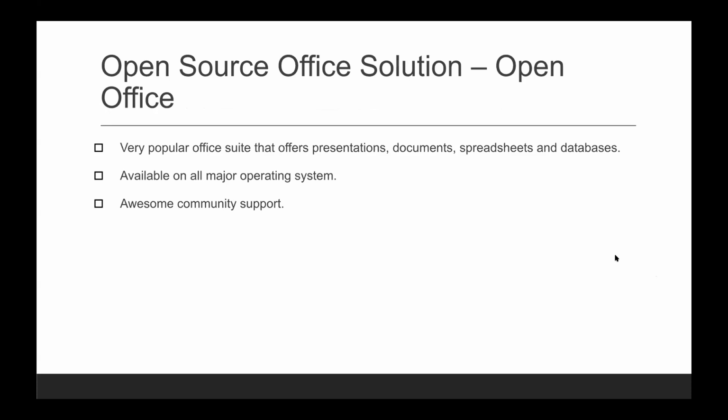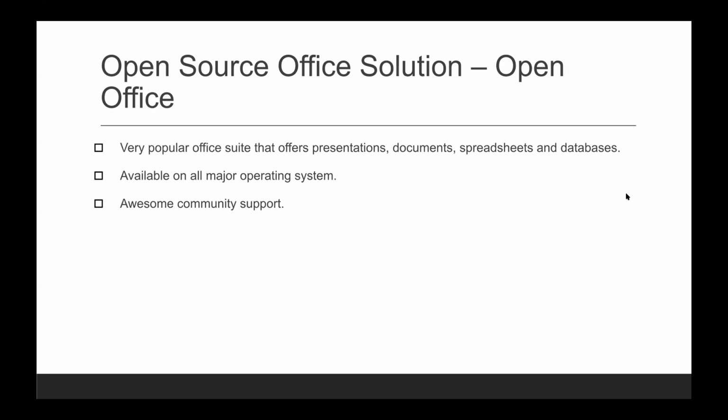Open source Office solutions. I don't know if many of you are using it, but if you are working on Linux, then OpenOffice is one of the popular open source Office solutions, just like what we have in MS Office. MS Office is not open source; it's licensed software by Microsoft. So if you are using it, you have to pay for it. I'm sure many of you might be using it right now, maybe a cracked version or something. But I would encourage all of you not to use this kind of software, and be careful about it. Try to use open source if you don't want to get caught up in piracy and all, right?